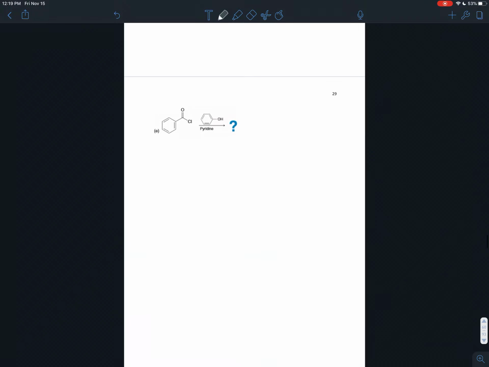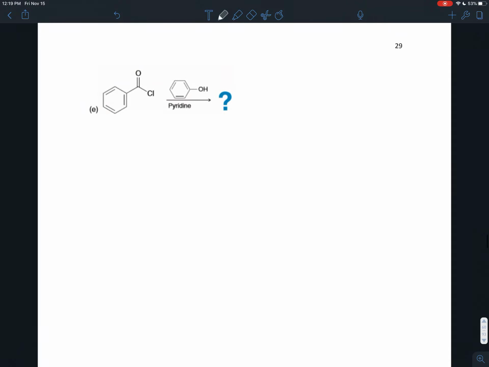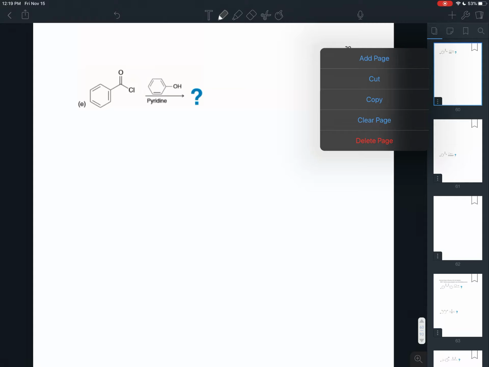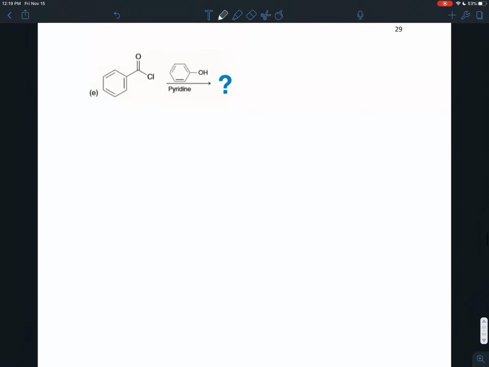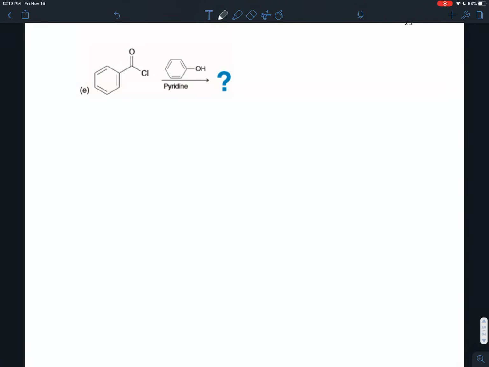Okay, how about E? Now with E, again, I'm going to look at this first just from the perspective of synthesis, and then we'll take a second to talk about the mechanism. So here, I look at the carbon chain that I have, and I have an acid chloride, carbon double bonded to oxygen, single bonded to a Cl. We're going to replace that chlorine with our nucleophile. In this molecule, the nucleophile is really the oxygen, but it's going to carry the rest of the molecule with it. So, as a rough draft, we could redraw the molecule,